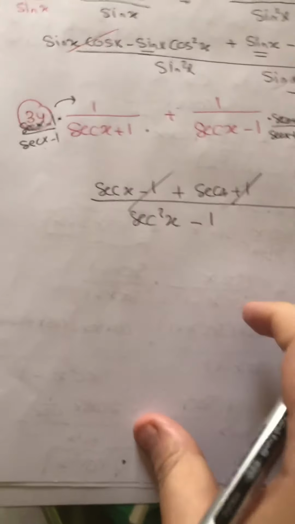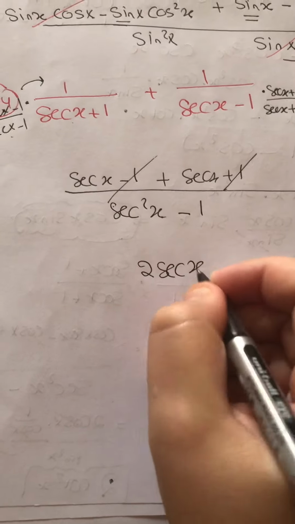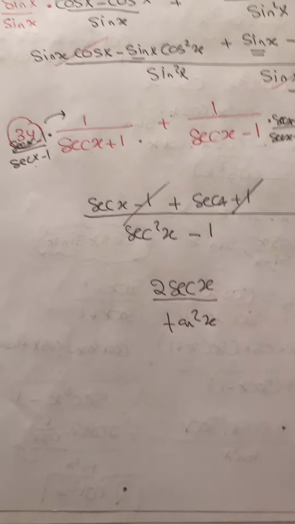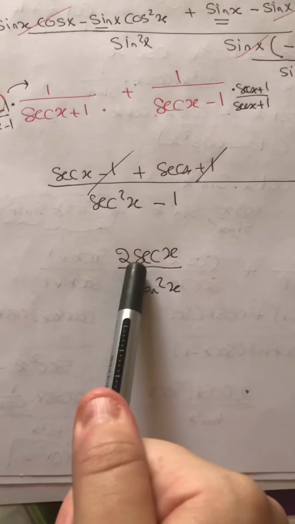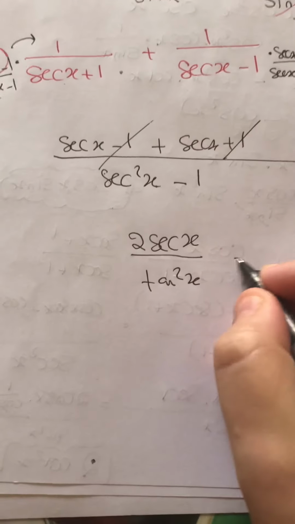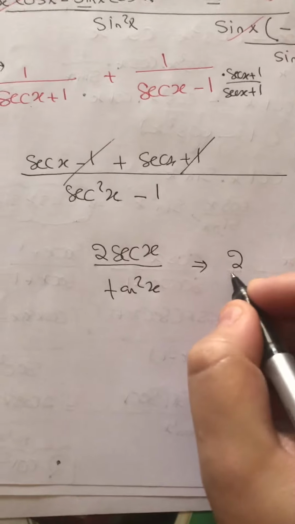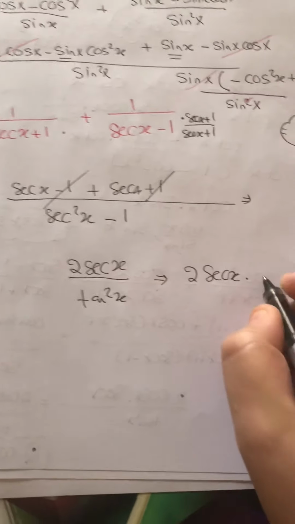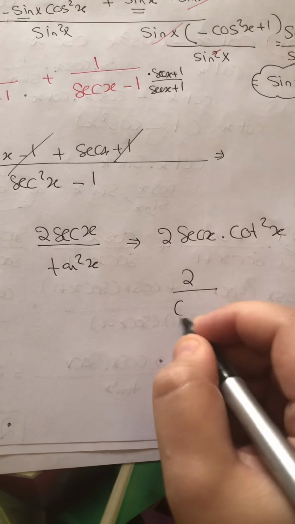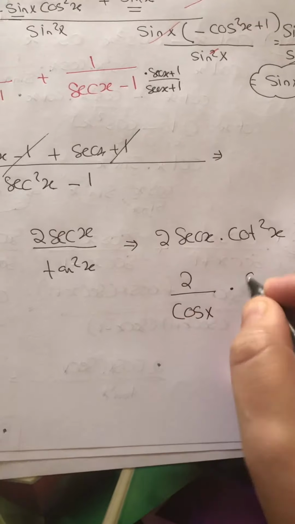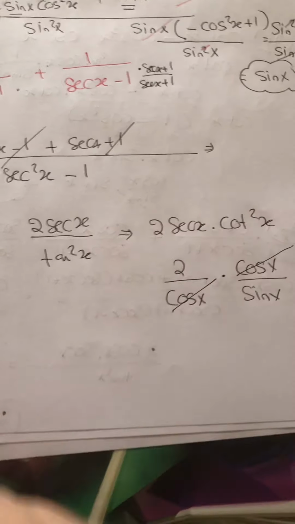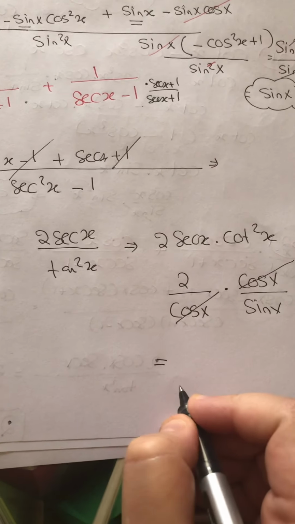So now I have 2 sec x over tan squared x. Where are the two from? This plus this. It's not sec squared, it's plus. So orange plus orange is 2 orange. Sec x plus sec x is 2 sec x over tan squared x. I can change it to 2 sec x times cotan squared x. I can change it to 2 over cosine x, because I know cotan is cosine over sine. I know I can cancel this cosine with this cosine. So a simpler answer would be